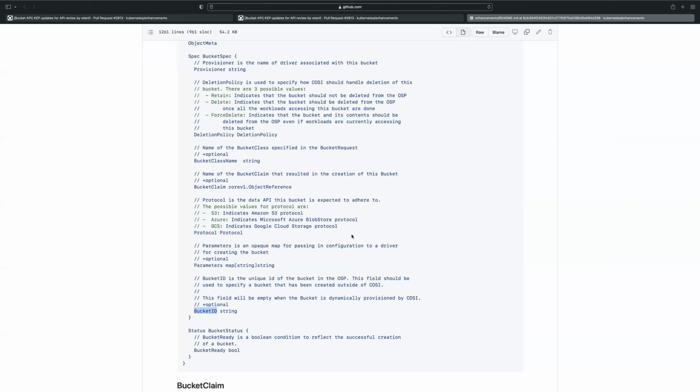I just feel like if you have source, then people already think the dynamic case should also have a source. But if you say pre-existing, then it's pretty clear. How about just existing bucket ID? Existing, that's probably fine too. Existing, it's already there, meaning it's very clear, right? So it's already there.